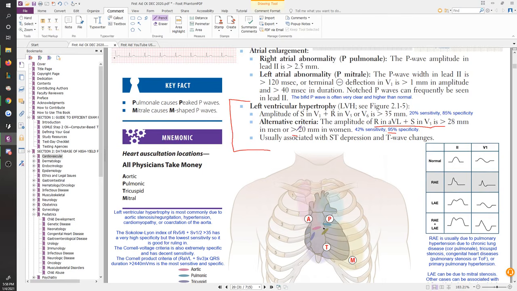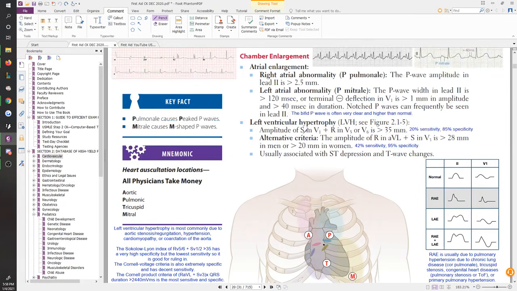If you ever have a question on these things, hopefully there's going to be a little more about it than on your actual question stem, and you'll have some more information to base it off of, right? Left ventricular hypertrophy. So don't worry about that stuff too much. Don't worry about this stuff too much at all. I personally have yet to really use it on any practice question that I've done with any students, so don't worry about that. This has shown up though, the atrial enlargement stuff.